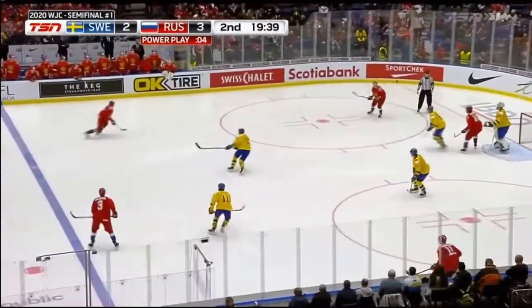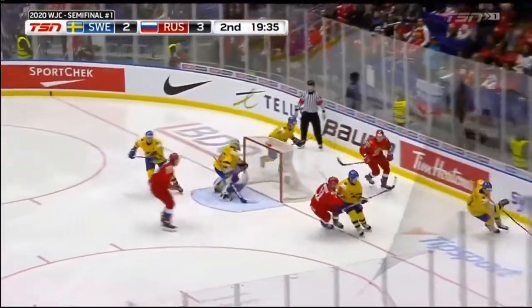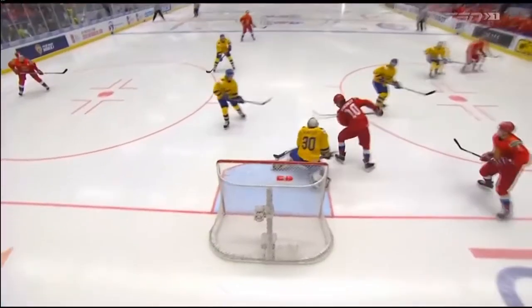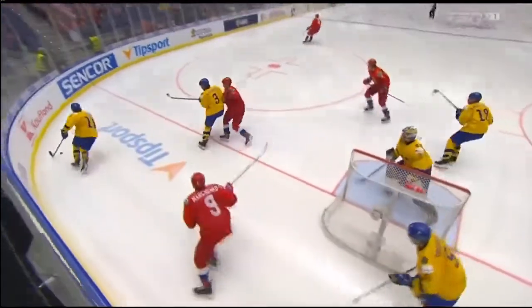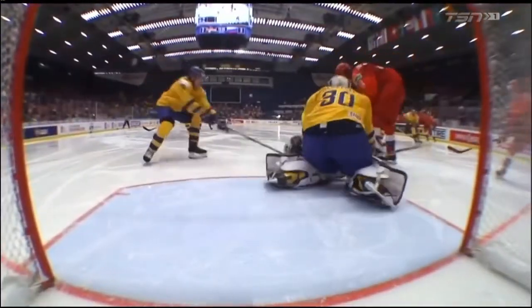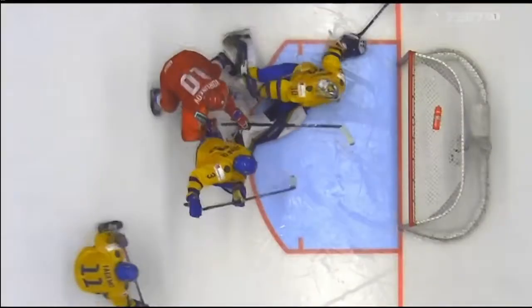Galchenyuk. Podkolzin. Rink wide pass to Romanov. Works in and fires. Alnefelt save. Alnefelt swatted that out of the net. Alnefelt makes a good first save, and the puck's going to bobble past him. And he spins with his left glove hand and swats this out of the air. Back out of the zone, and the Russians will take a...